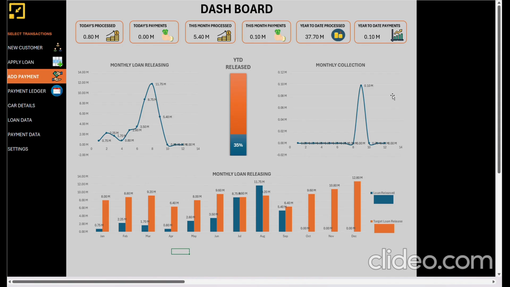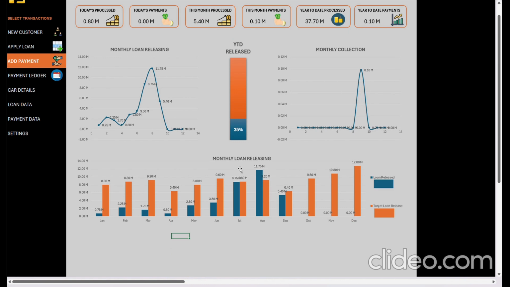And on this side, we have monthly collection. For the monthly collection, same with the monthly releasing, it's also month-wise for this year. Below we have the monthly loan releasing. The blue one is the actual loan released. The orange one is the target loan release. So it means, aside from the yearly target, the annual target that we have,